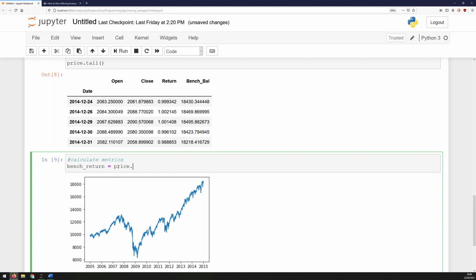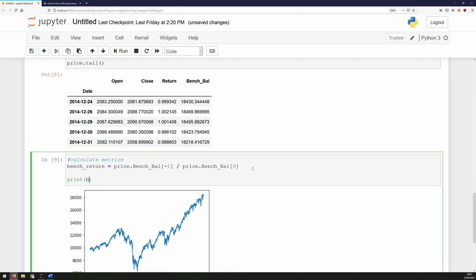So I will say price.bench_bal, and to access the last point, you would just say -1. You would do the same thing in a list. 0, 1, 2, 3 goes through each of the individual rows, but if you count backwards, or negatively, it goes in the opposite direction. So I divide that by price.bench_bal on the very first day, so at index 0. So let's output this, say print bench_return, and